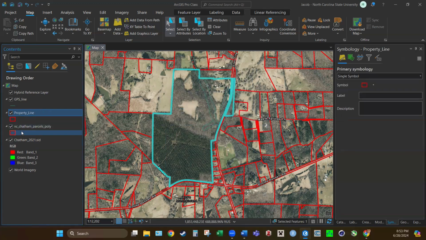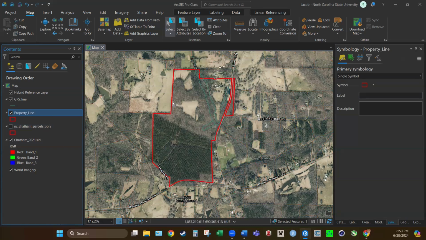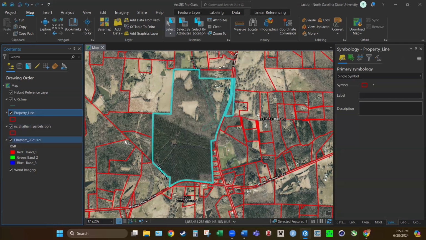And here we go. So we can turn off our Chatham County parcels, and then we're left with just Mr. Jones here, right? Another important thing to always remember is when I turn this back on, you can see this blue line, and that means that it's selected. We want to make sure that we're always clicking this clear button, and I will 100% make sure that I don't do this at some point, and then I will get this messed up, and it'll serve as a good